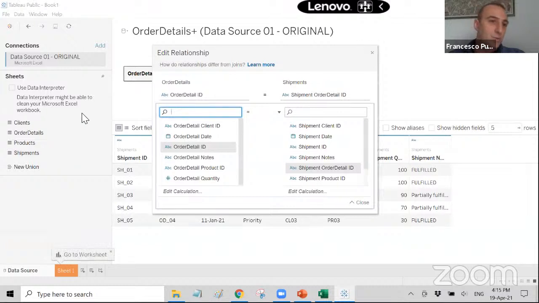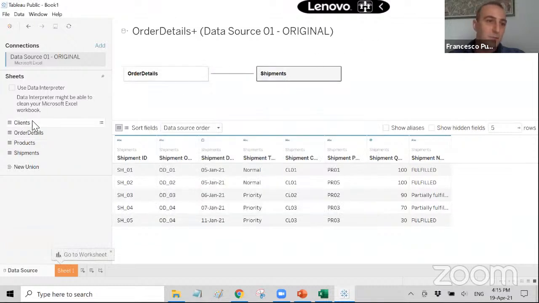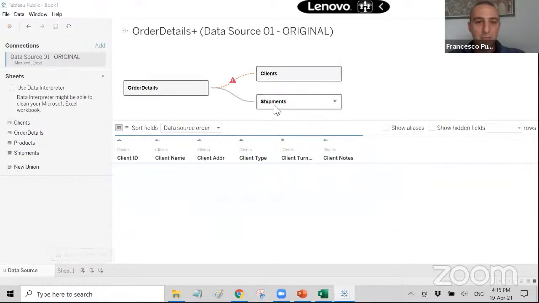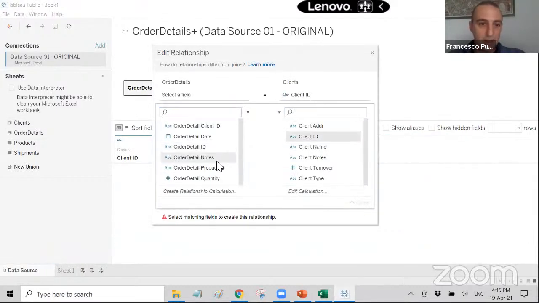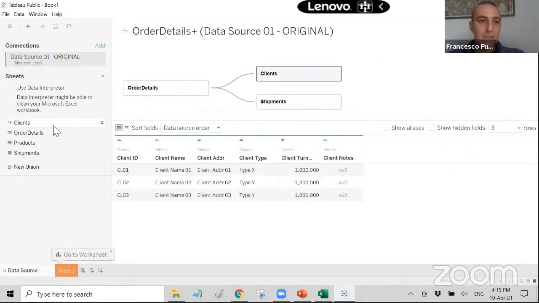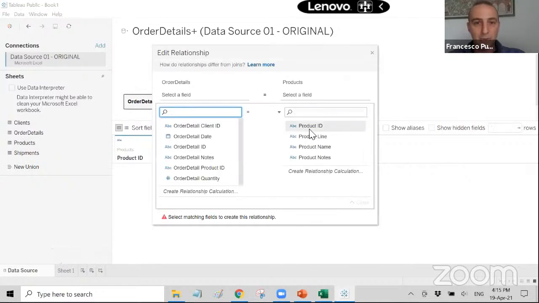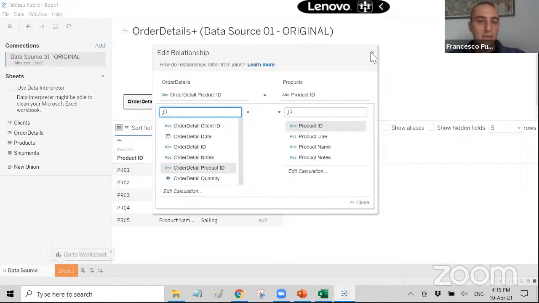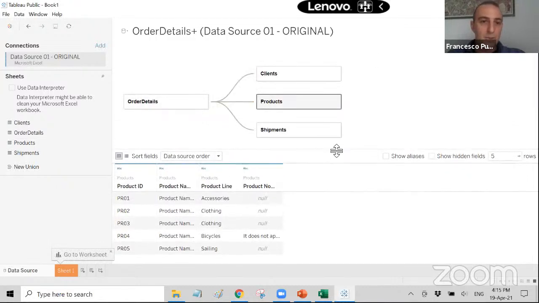Then I can also pull information about the clients, and again, I need to tell Tableau client ID goes with client ID. And finally, I can take the products, and again I have to say product ID goes with product ID. This is a simple report, and we expect it to be correct.